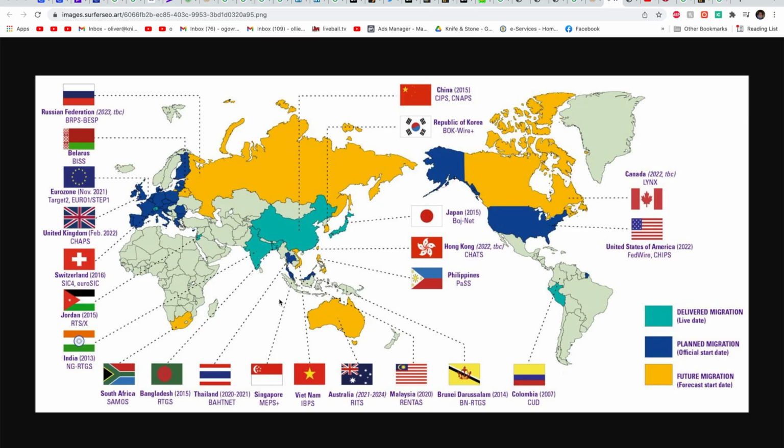So this is the ISO 20022 compliance, and this has to do with the projected integration of who's going to be using it. You can see it's all the superpowers of the world, and as all these superpowers get into it, you're going to start having smaller countries get into it. I mean, by 2030,